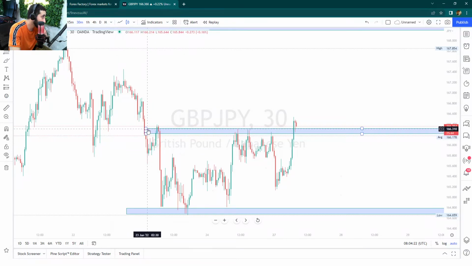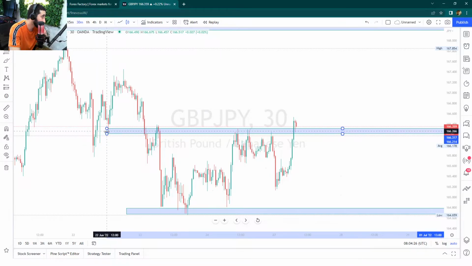And it crossed the support. This was a support before, right? So anything that is below is a support, anything above is a resistance. So the moment the market crosses the support, it's no longer going to be called a support. It's going to be called a resistance. And so